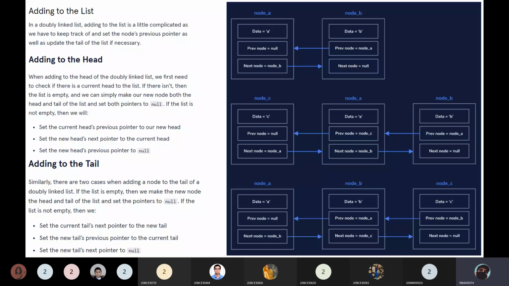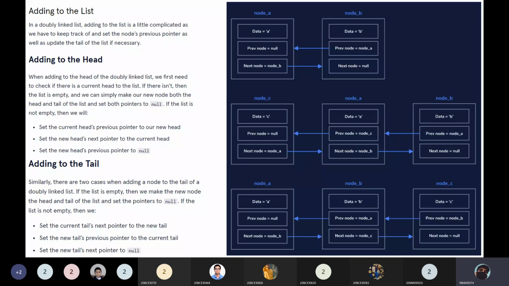Let's see in case the list was already empty. All right. So if the list was already empty, the new element that we add is the head as well as the tail also. So we have to set the head element and the tail element as the new node that we add.